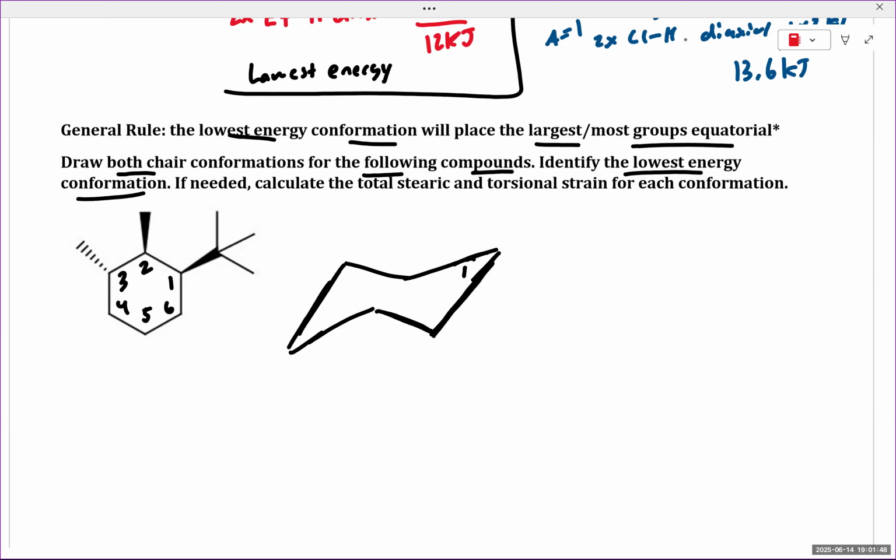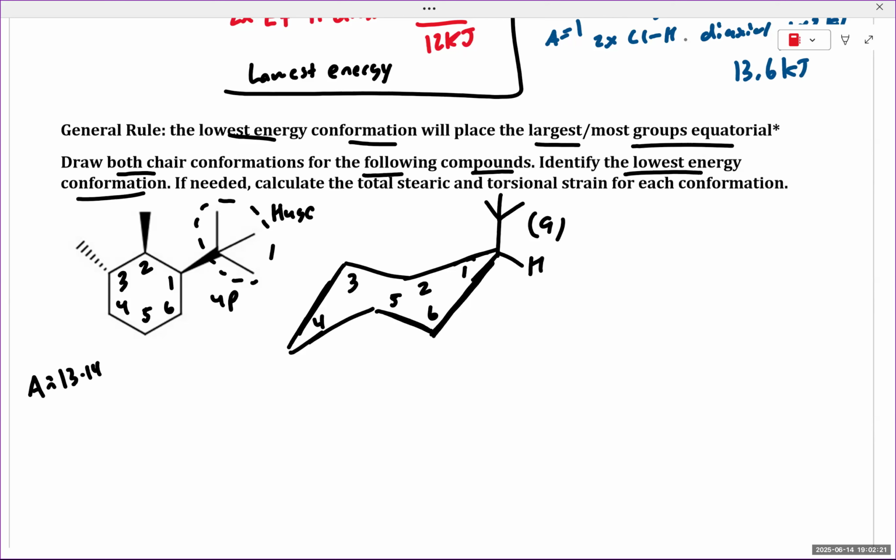From here, I'm going to number my carbons. For carbon 1, this tert-butyl group is pointing up, so it's axial. This is already setting off some alarm bells. This tert-butyl group is huge. It's pointing up, and having this large group in the axial position is highly destabilizing. A tert-butyl group has an A value somewhere around 13 to 14, so you don't want to place this group